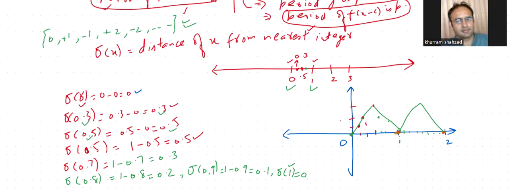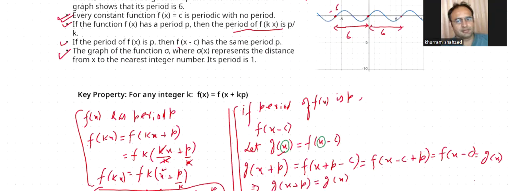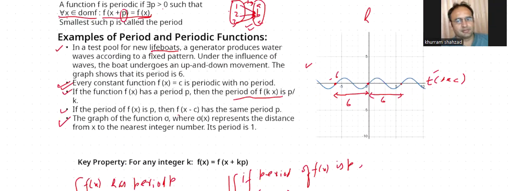So after this interval, this function is repeating its value. After each 1, this function is repeating its value. So it is a periodic function with period 1. After 1, this function is repeating its behavior. So this is the way to find its graph and the period. Graph is the best way to find its period, and these are also some tools to find the period of the function. These are examples as well as ways to find the period of the function.